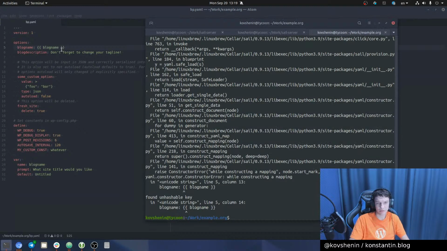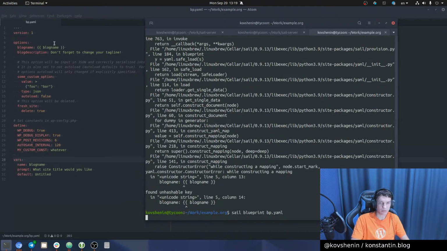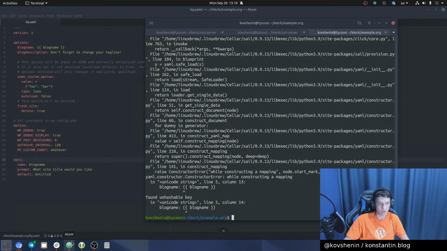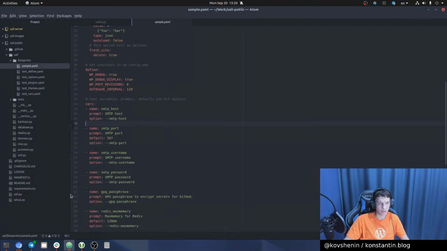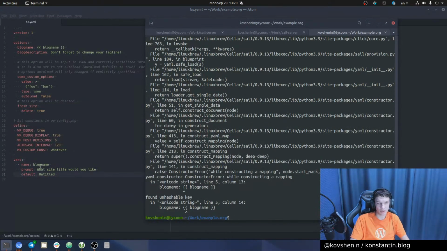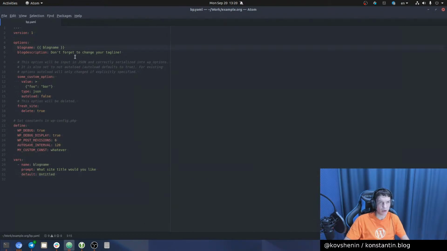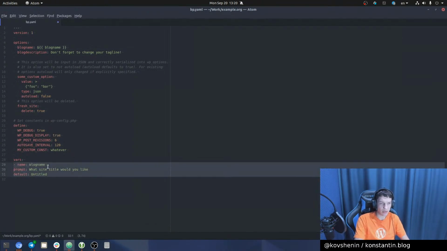Constructing mapping, vars probably. Oh, has to be an array. Oh, it's with the dollar sign. Yep, there we go. So variables have to be an array,